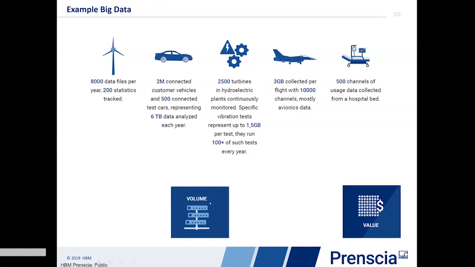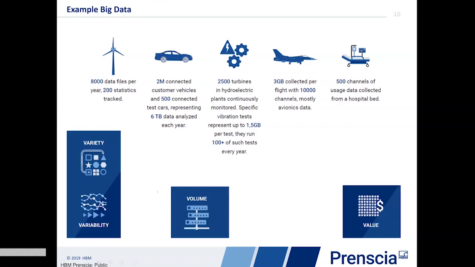There's also a variety of data because of multiple sources. It's not just test and measurement. It's all sorts of sources and a lot of variability in this data. And by the way, one would want to quantify maybe this variability when we talk usage data, for instance.